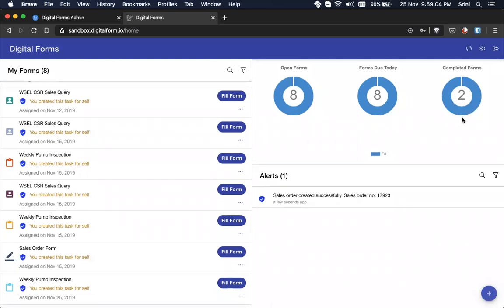So you see there are two completed forms. I finished an inspection, I finished a sales order. But you also see the alert that the sales order was created, and I have an order number which is from SAP. So the form works two ways, which means there is an online sync. There is data that can be sent out as you collect it, posted to a backend system, and then get it back. Now, this is something where there's a little bit of integration that is done automatically by the platform